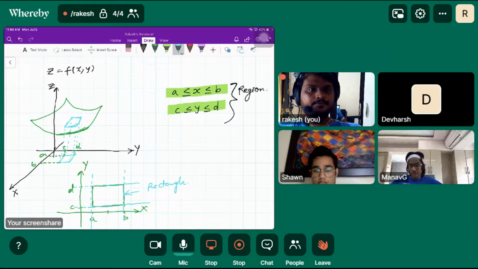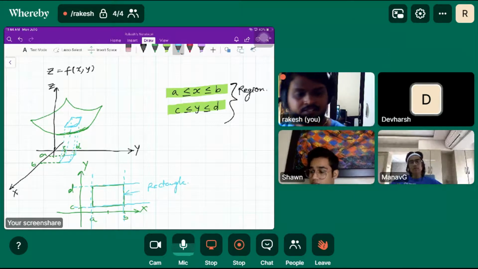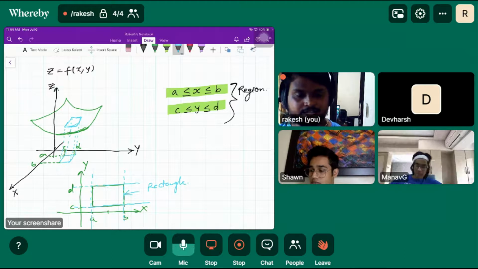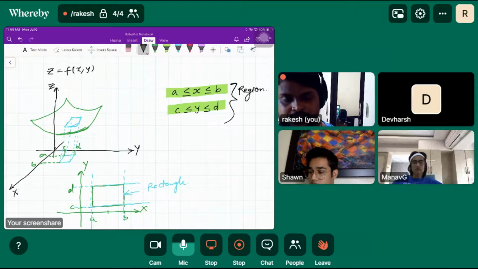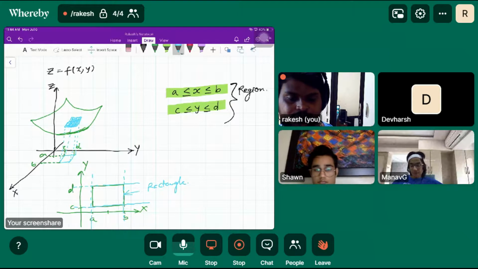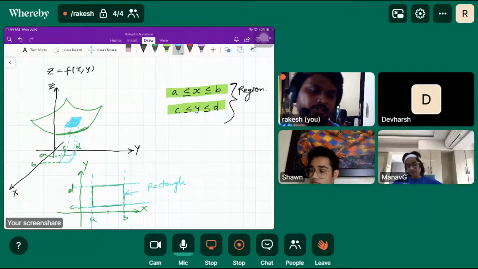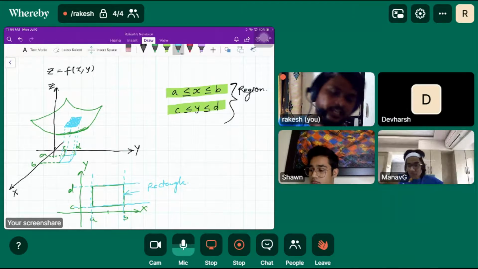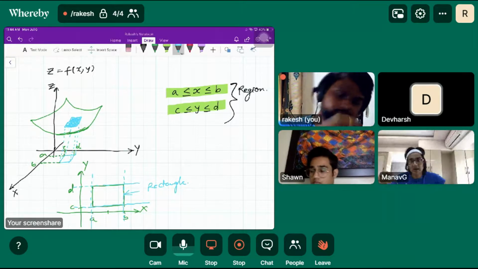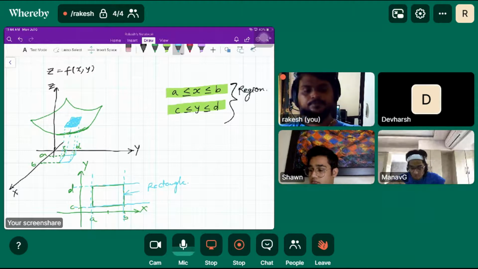The top surface will be curved in shape, it's a surface, like a sheet. So it won't be totally flat, and that is not a cuboid basically, right? This is a surface. I guess it's the same logic as we did in Calc 1, the one-dimensional case. Like if you take a really small thing.